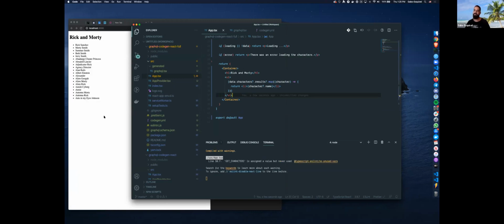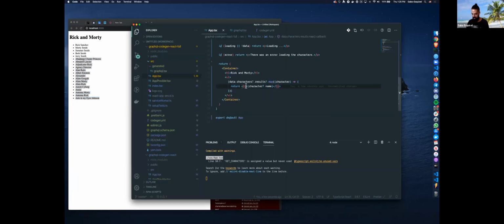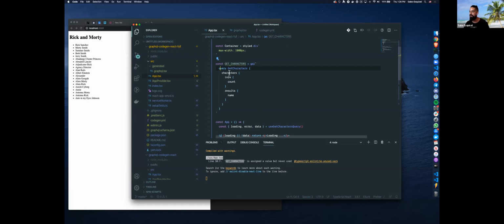All right, here we go. We have the list of the characters. We need a key that's unique. You can use the character name. And now we are not using these get characters, so there's no reason now to have this query here. What you can do if you're using the